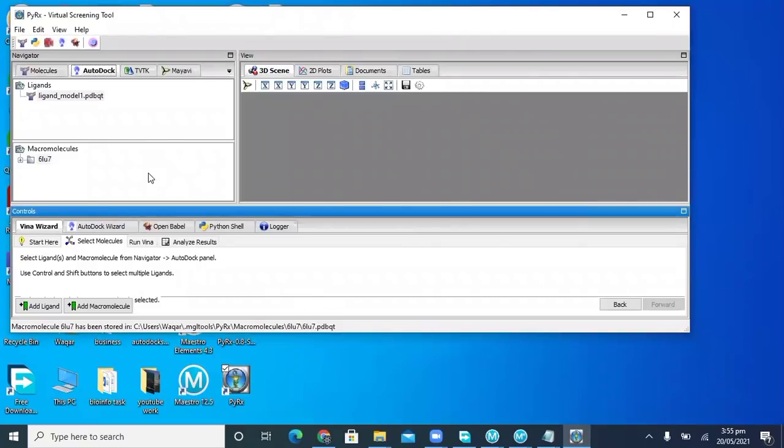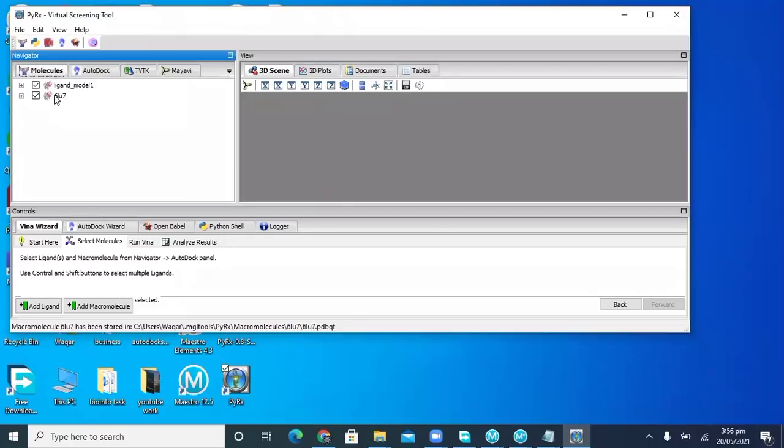When we are going to do targeting docking, we know the active site of the protein, and we will click on the molecule. Please note this point. We will click on the molecules. There are two molecules, the ligand molecule and the protein receptor molecule.